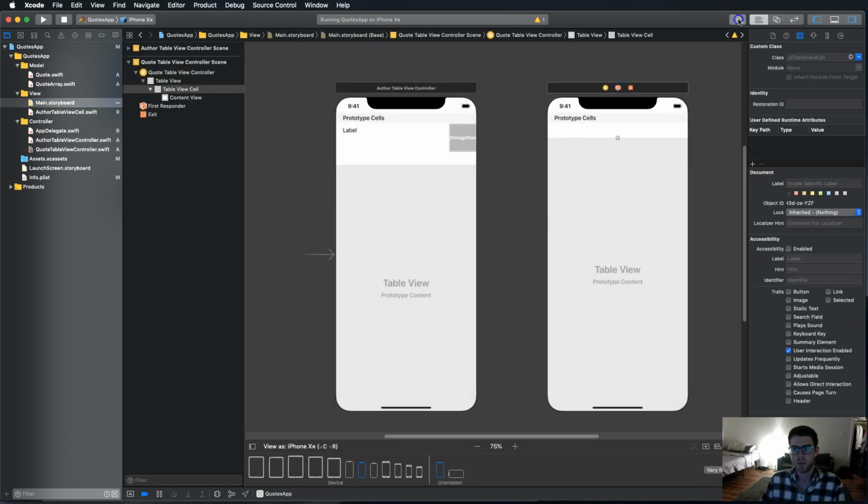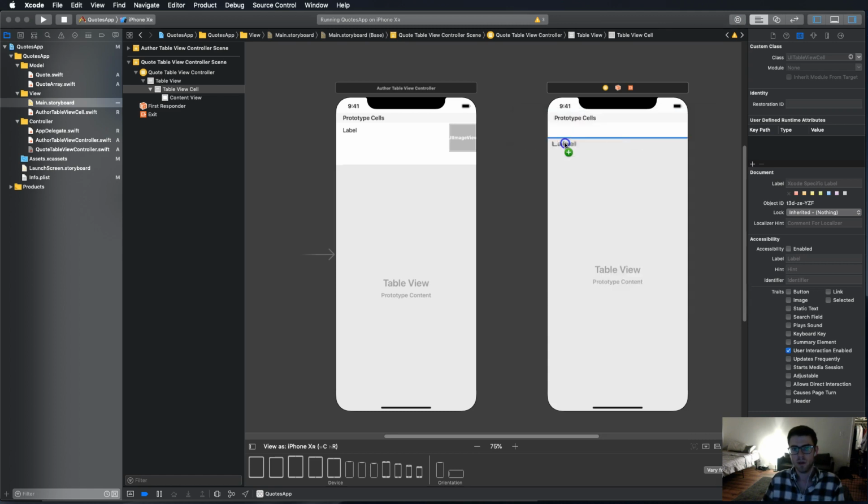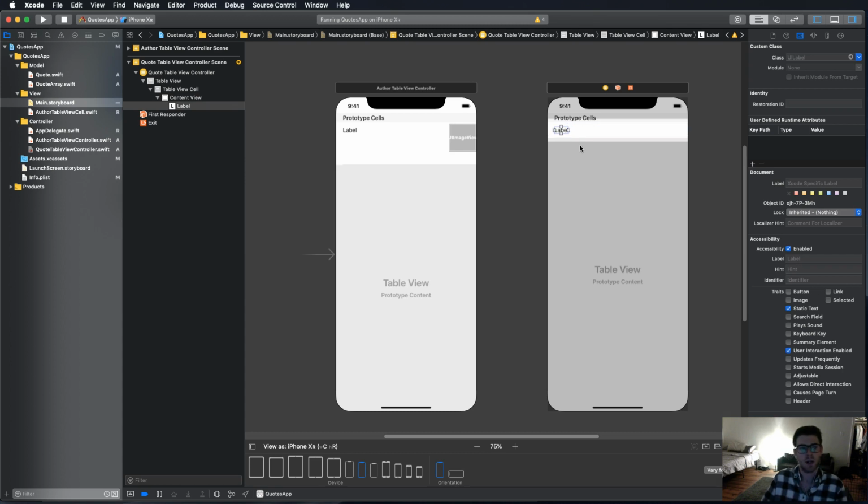Now in the main storyboard, we're going to drag a label on. And I'm going to tell you what I'm going to do. We're going to drag the label onto here, and then we're going to connect it to the quote table view controller. And then we're going to change the text of this label to the quote text. So if you guys want to pause and see if you can get it done yourself, I think that'd be great, because it's a lot like what we did here. But if you want to keep watching, or to check the answer,